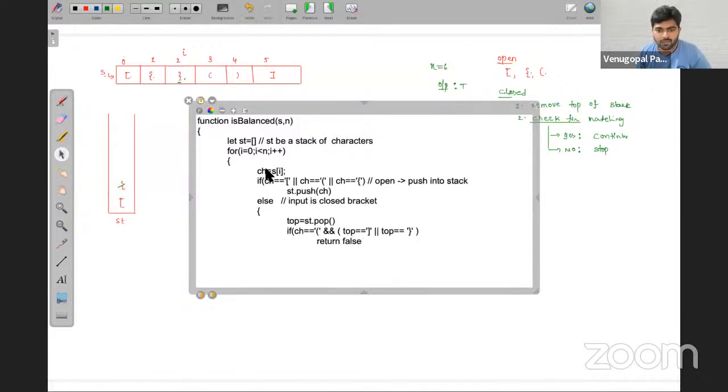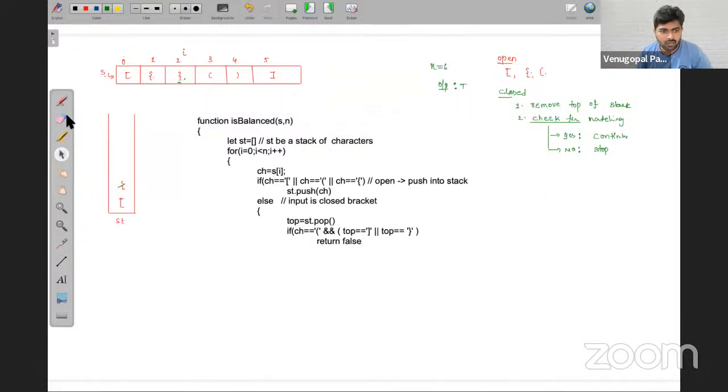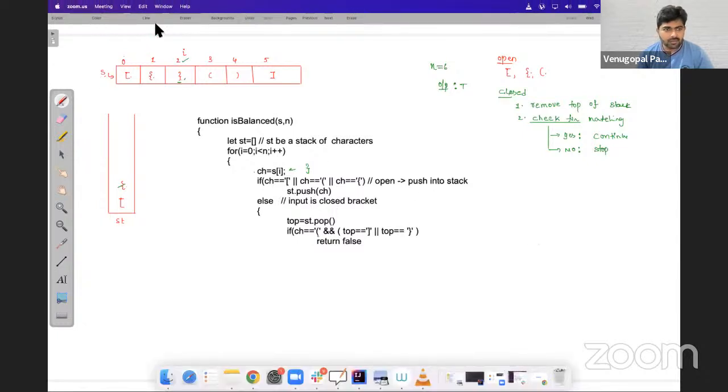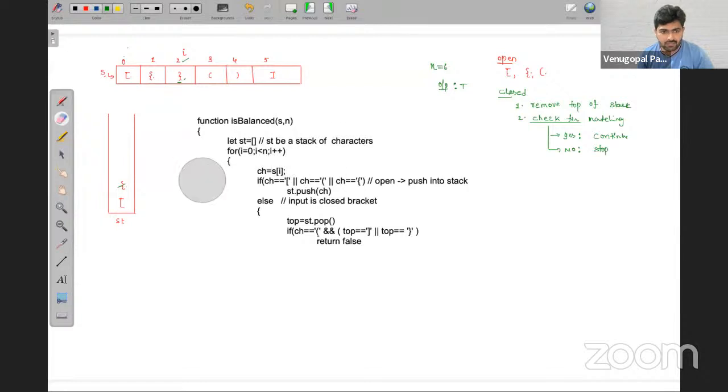See here, this is the ch, and right now i is at index number 2. Now your ch is this one. Actually I'm doing it in a reverse way, friends. If your ch is open but your top, I think we are doing it in a reverse way now. Wait, I think I'm confused.